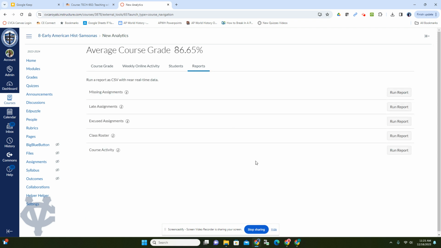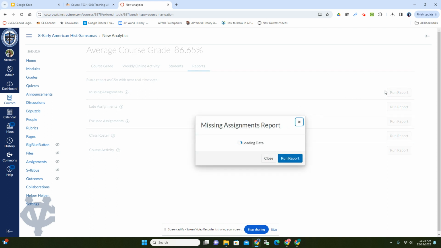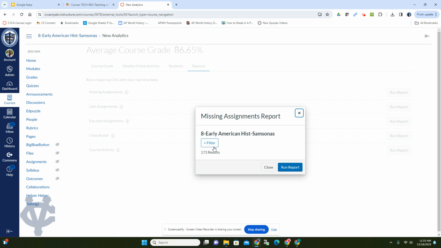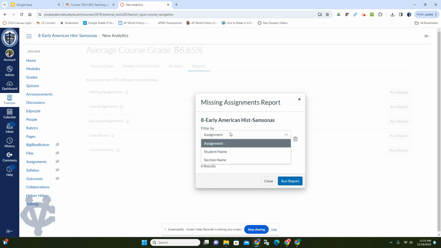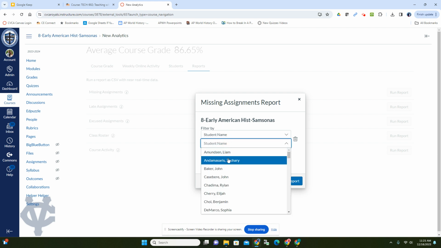And then you have reports. I find this also to be very helpful, in particular the missing assignments. You can run all these other ones as well, but I'm just showing you what I find to be the most useful features. To run a report, it's going to generate the data, and then it's going to ask you to filter if you want. What I find helpful is to sort by